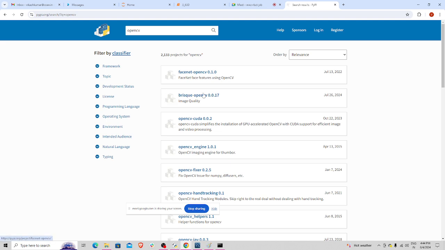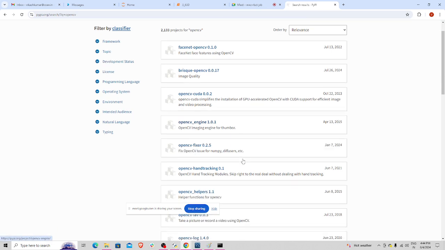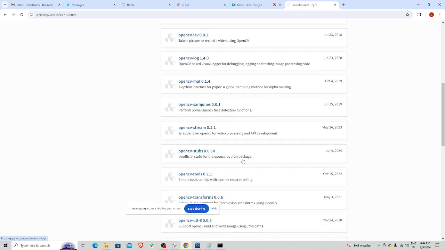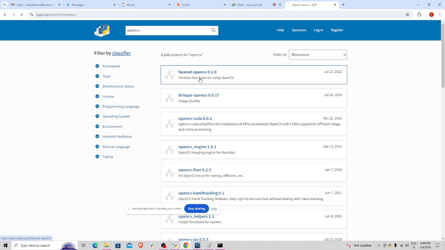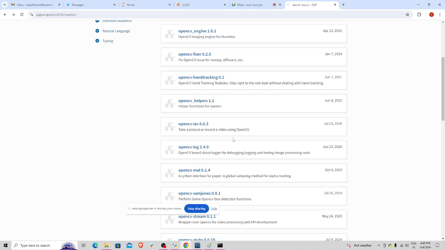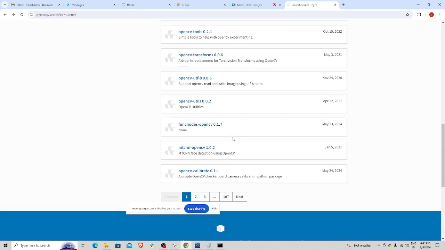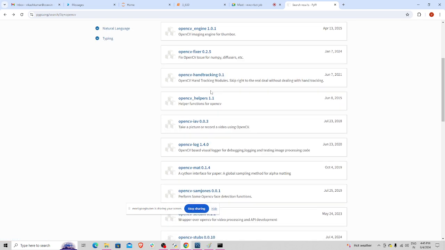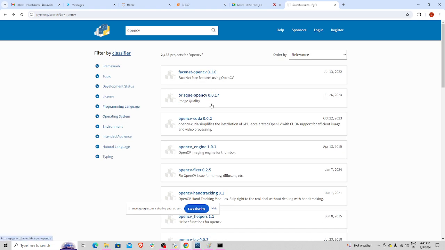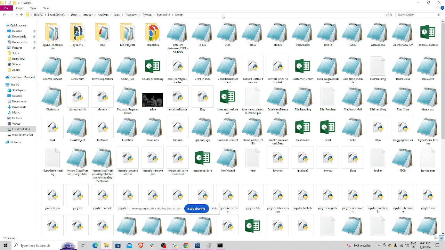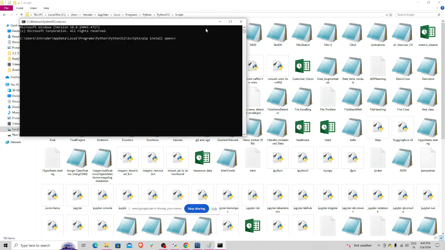If I run this, okay, so this is going to be, I think this one. No. Okay, so there are many results. Okay, let's go with the basic code, and the code is OpenCV, and if I run this,